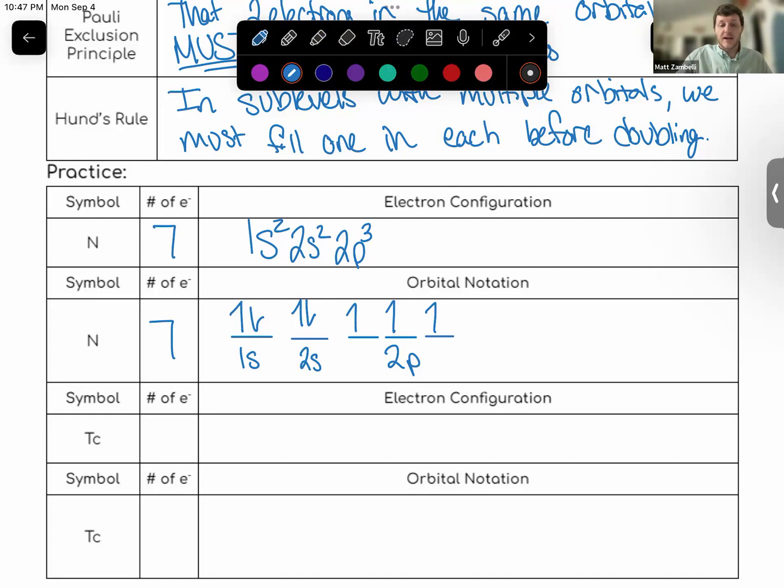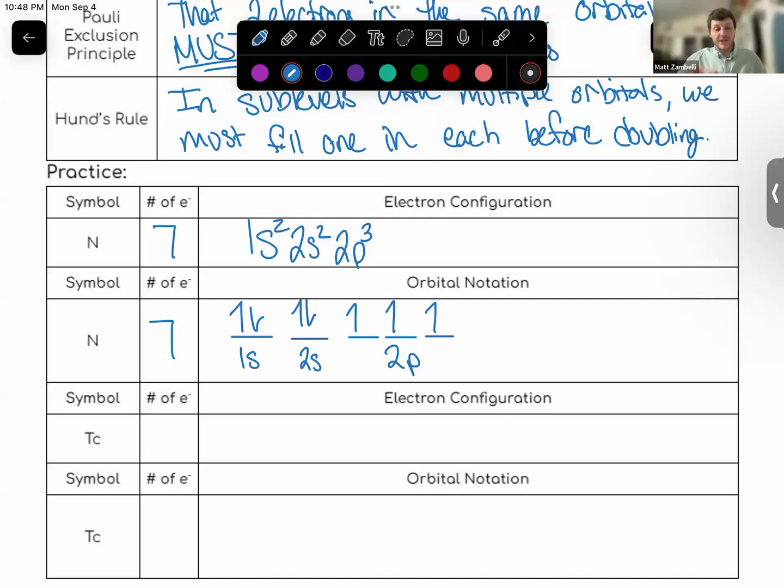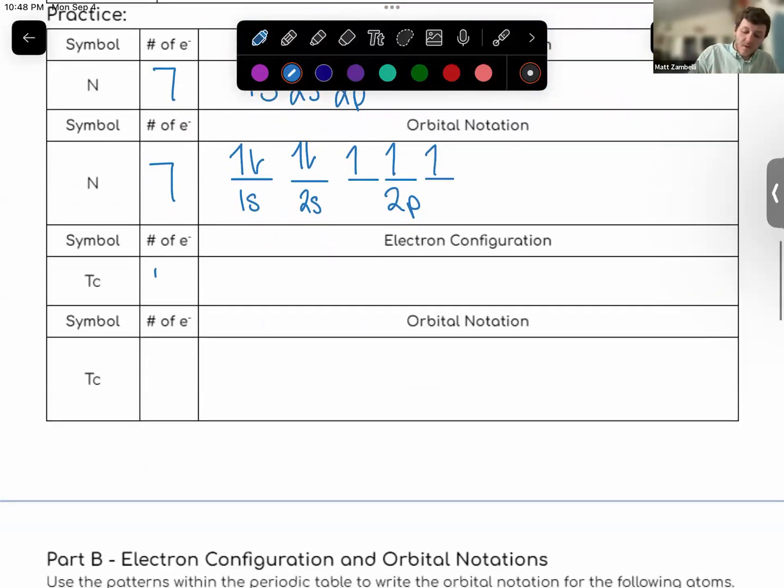Okay, so now we got to look at the next one, and the next one is technetium. That's element number 43 on your periodic table, so the number of electrons should be 43. If we go through that one, we end up with 1s2, 2s2, 2p6, 3s2, 3p6,